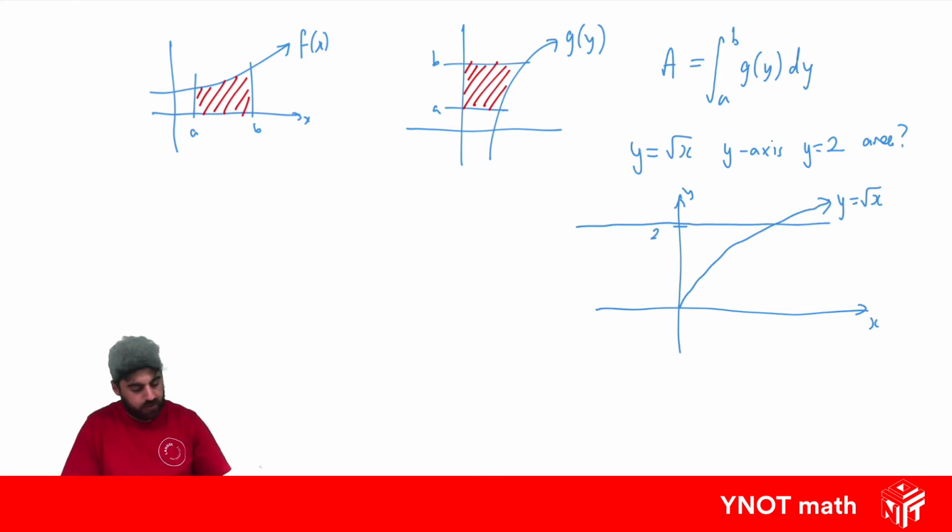So where's the area we need to find? It's the area bound between the curve, the y-axis, and y equals 2. So all this area inside here is what we're after. Let's go ahead and find that. So that would be the area. Well, what are the bounds on the y-axis? That's between 0 and 2